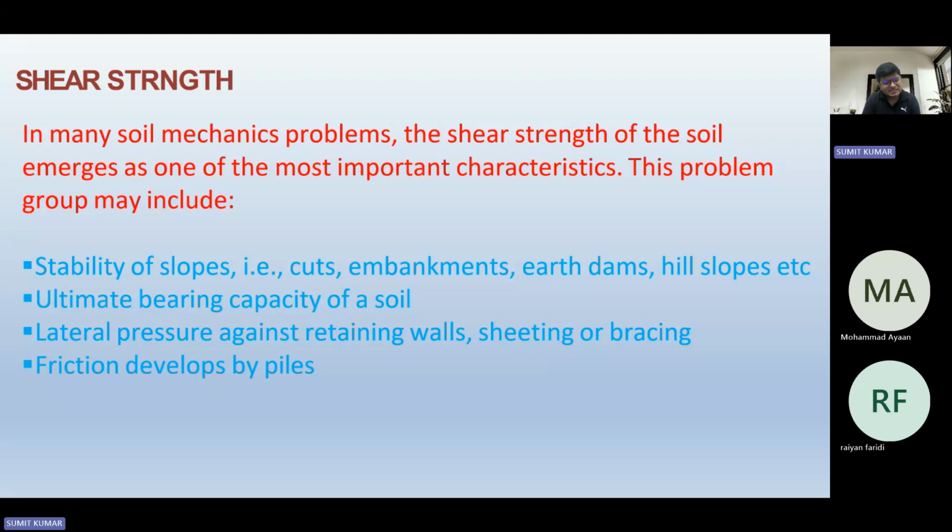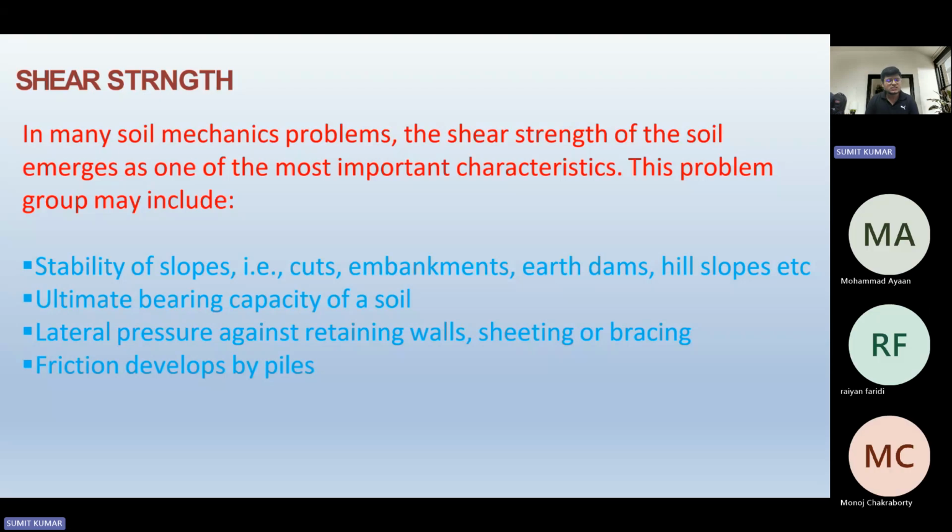Okay, let me ask you a question. Like you have seen, specifically in strength of materials, or maybe RCC, or the steel structures, strength has a different meaning, because over there the material parameter is there. If you are using mild steel, it might have some tensile strength, it might have some compressive strength, right? But in terms of soil, when we talk about the strength of soil, we talk about the shear strength of soil, how much strength it has, and the shear strength developed due to the two most important shear strength parameters, that is,